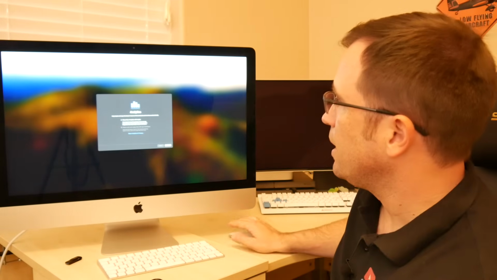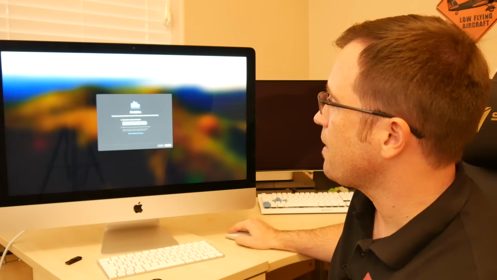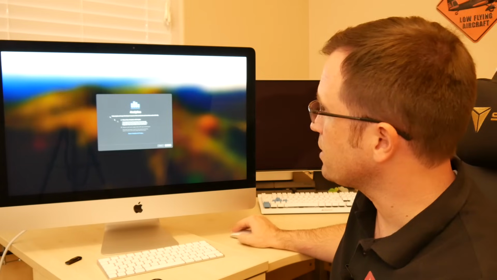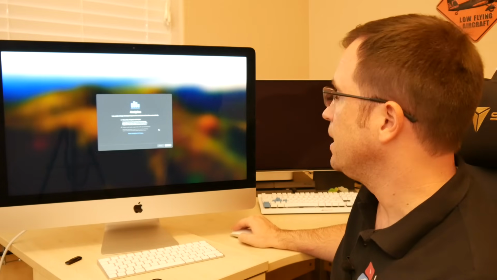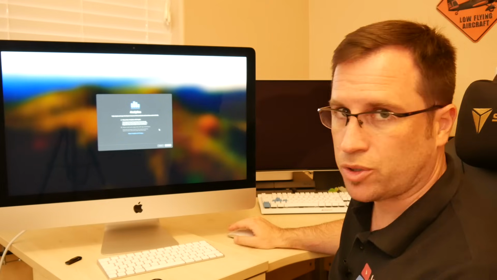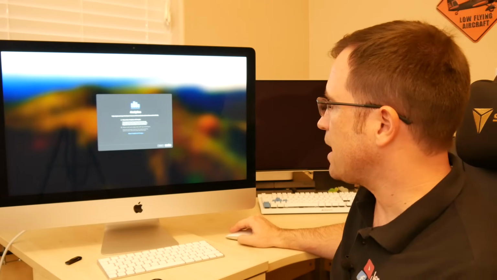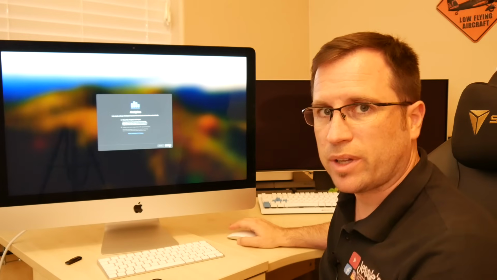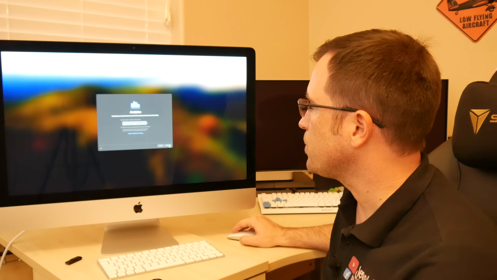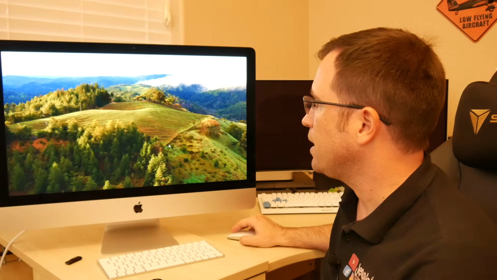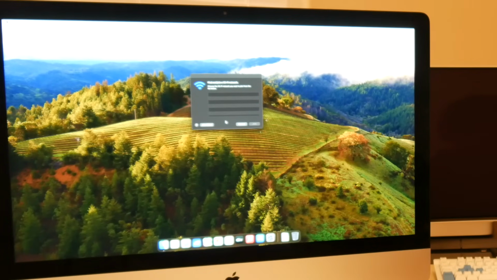Here we are. The setup just started, and you can see the mouse is working, so Bluetooth is working, so the keyboard should also work. It asks some questions, like with any update, such as analytics, and we can just skip that, and we are in macOS Sonoma. And it seems like the Wi-Fi is not working anymore. Don't worry,